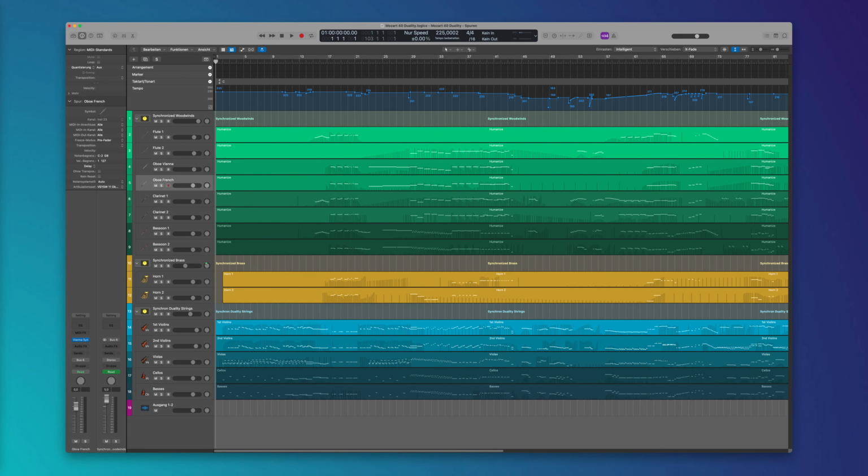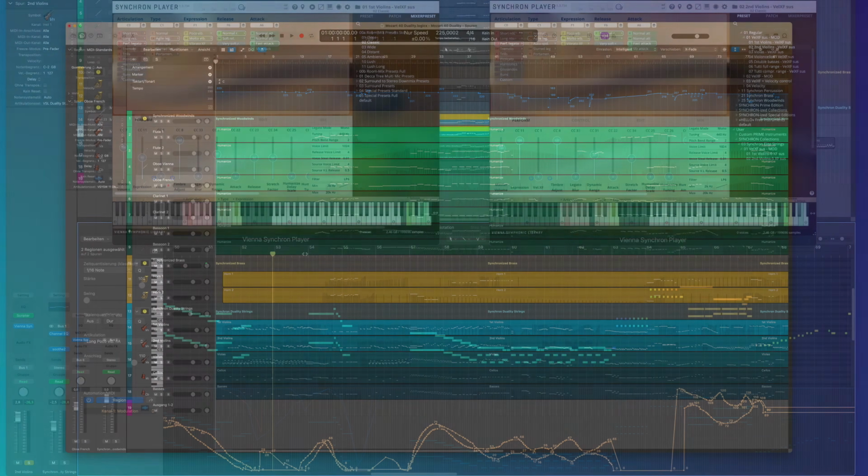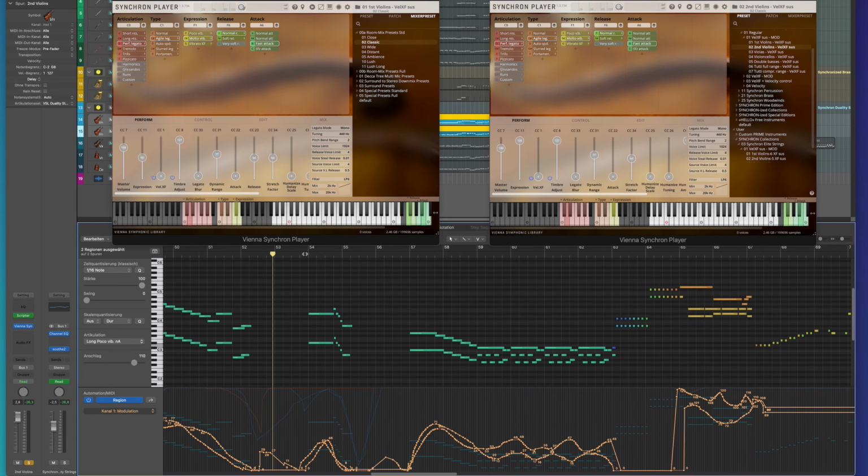For example, there might be instances where the different types of short notes don't really combine very well with each other, or the fast attacks of the long notes don't match those of the shorter notes. And what I found when working with Duality Strings is that this library manages to sound very coherent, especially when combining shorter notes with long notes or the different types of détaché notes.